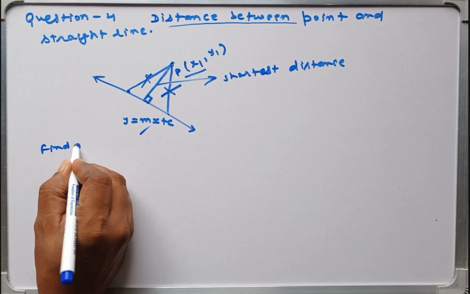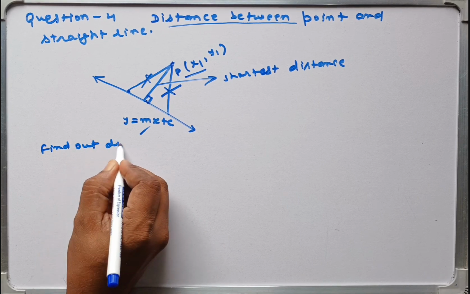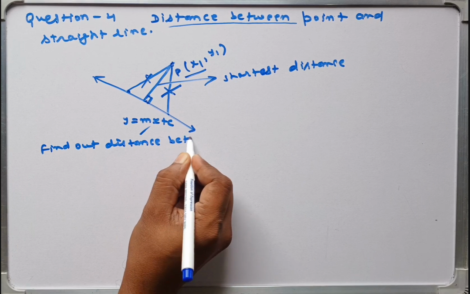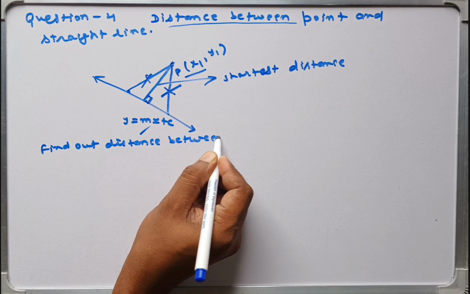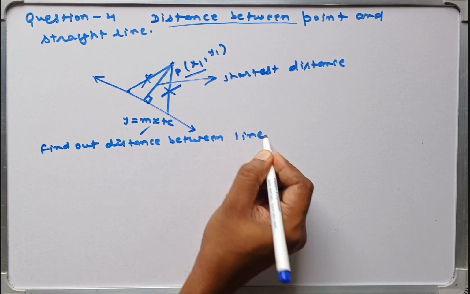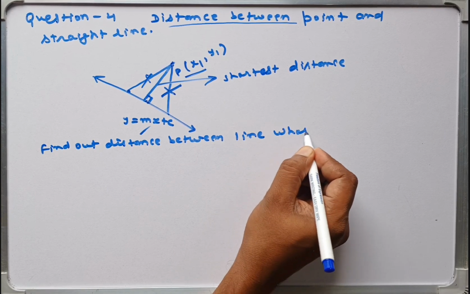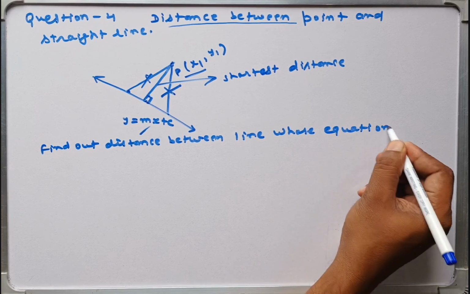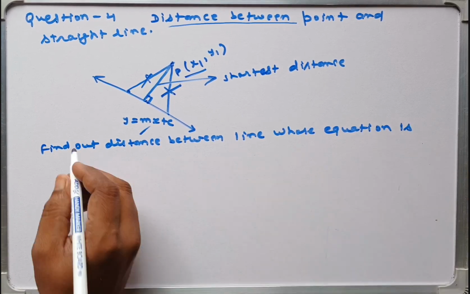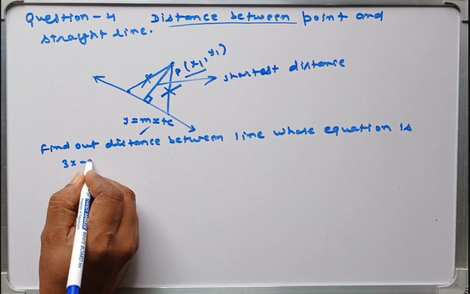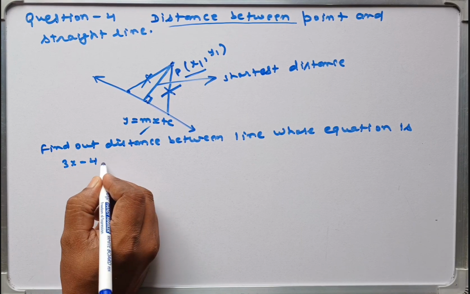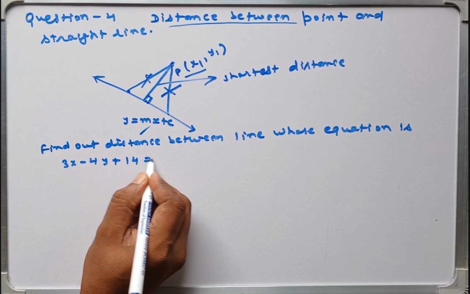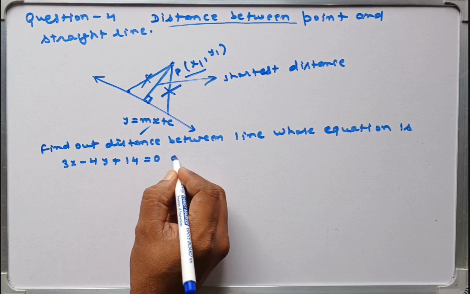Find out the distance between the line whose equation is 3x minus 4y plus 14 equal to 0, and